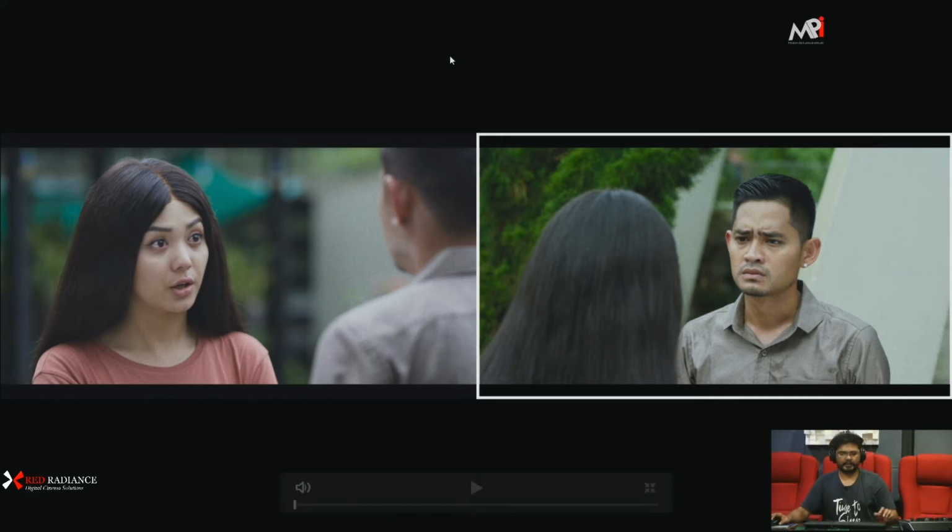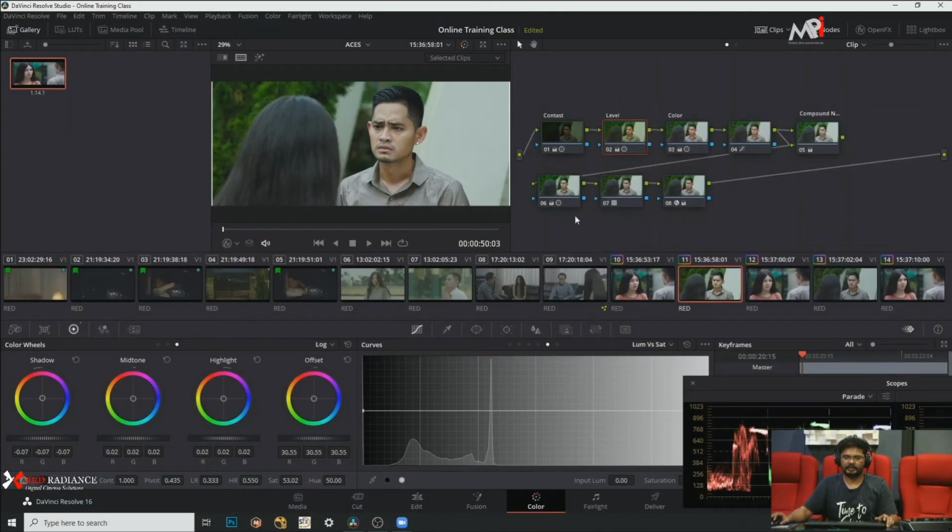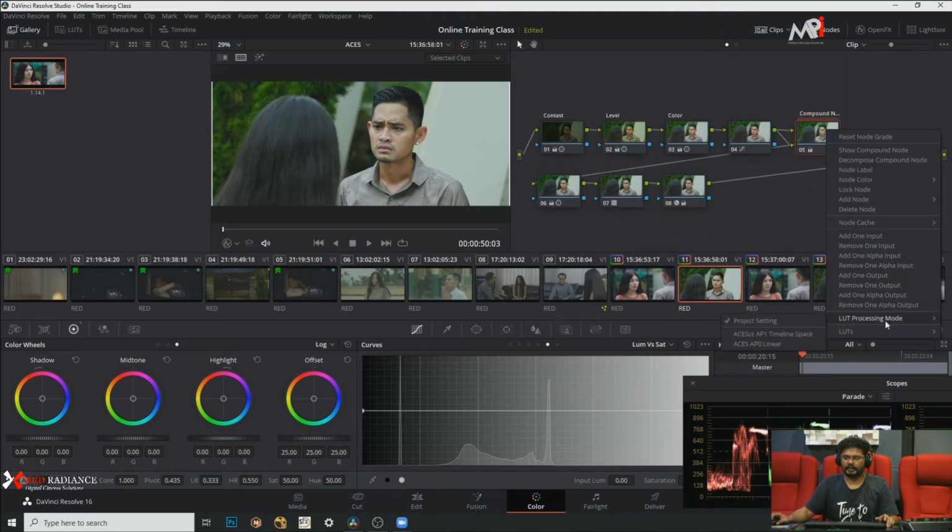So now I got my brightness level back, but still the green is a little higher. So let me go back to my compound layer to change it. I'll uncombine my